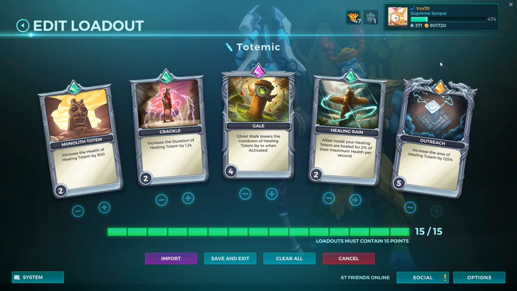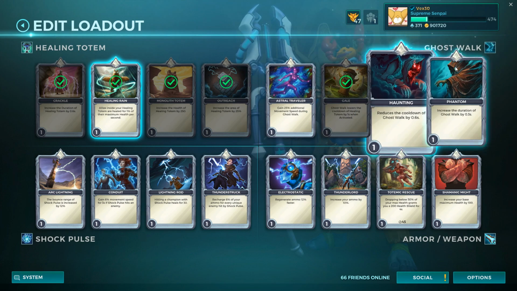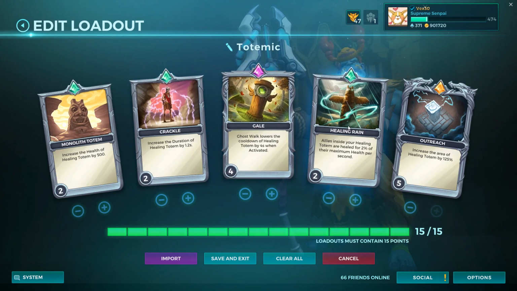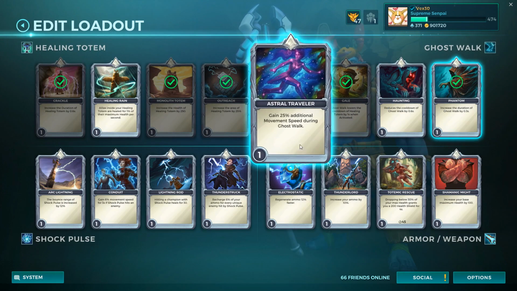This build isn't that variable. Like the Healing Rain you can trade out maybe for Astral Traveler or Phantom so you can stay alive. So this is what I would do instead. Possibly Healing Rain or Phantom. I don't think Astral Traveler...